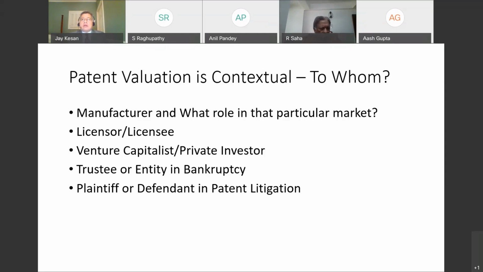Imagine that you are making and selling refrigerators. In some of your refrigerator models, you have a little device that dispenses crushed ice or cubed ice in front of your refrigerator. So a patent that covers that device, which simply dispenses crushed ice or cubed ice, the value of that patent to you